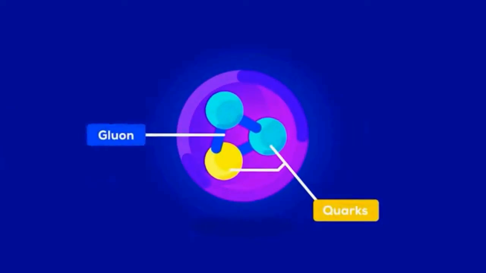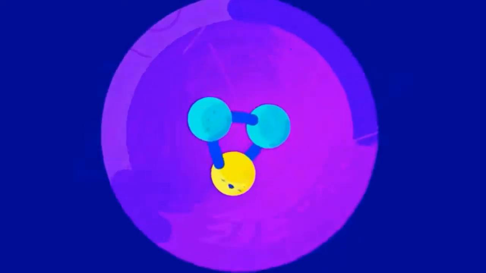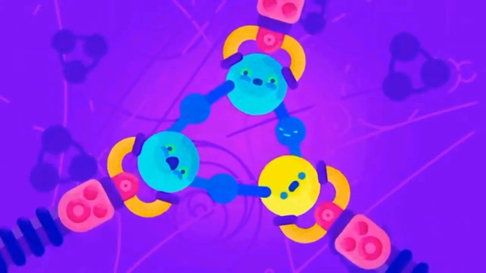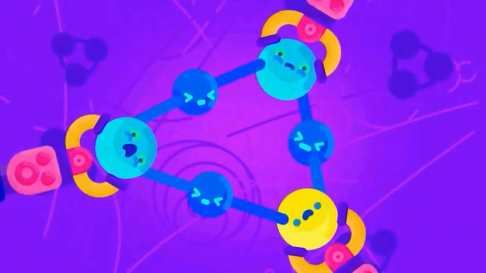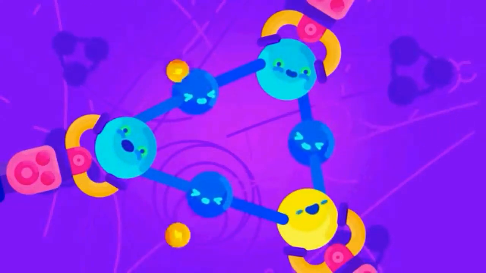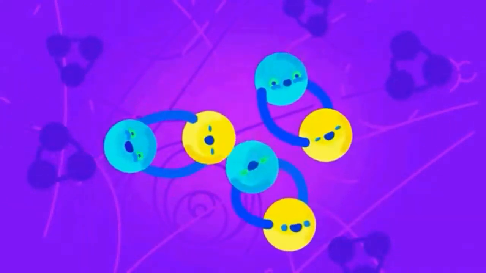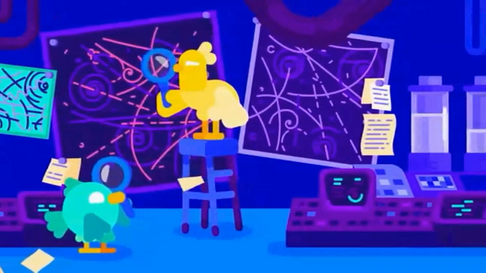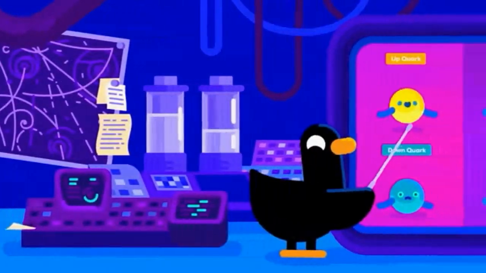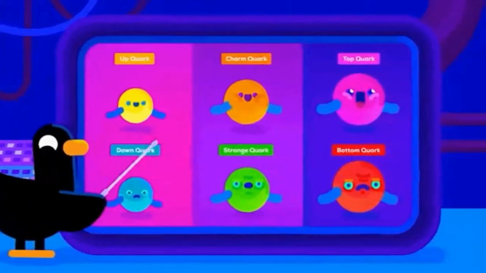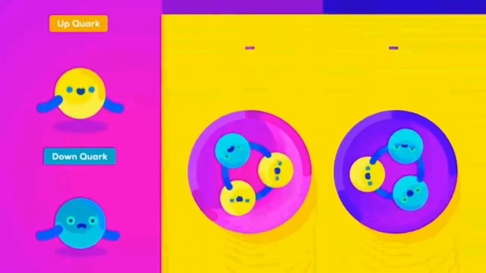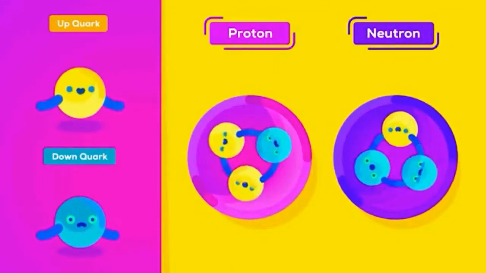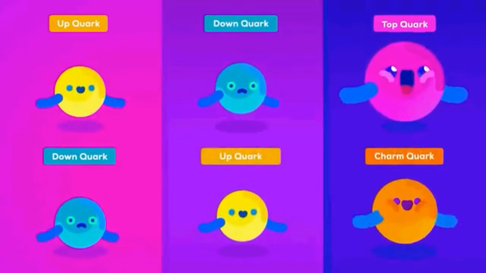Quarks really don't want to be alone. They are what we call confined. You can try to separate them, but the harder you pull, the harder they try to pull themselves back together. If you use a lot of energy, they just use this energy to create new quarks. Quarks only exist together as the building blocks of other particles and have never been observed by themselves. They come in many types, but only two appear to make stable matter: the up and down quarks found in protons and neutrons. All other quarks seem to decay away quickly.